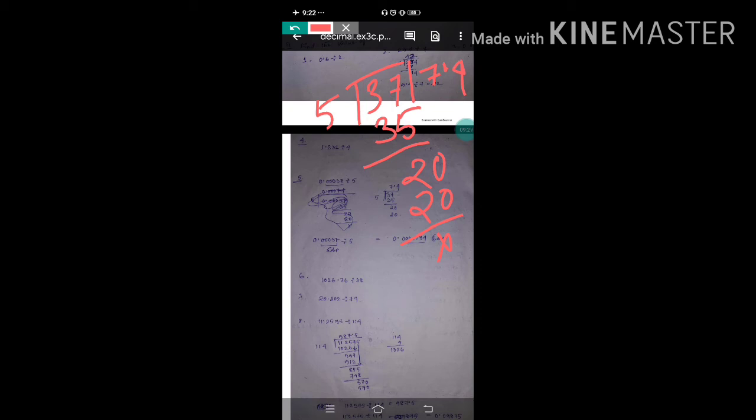But in the question it is given how many decimal places? Your dividend is how many decimal places? 5 decimal places. So without the decimal, if you divide, you have got 7.4. But the thing is that your dividend is given with 5 decimal places. That means from this decimal place you have to add another 5. So that means 0 0 0, how many? 1 2 3 4. That means the answer will be this one, 0 0 0